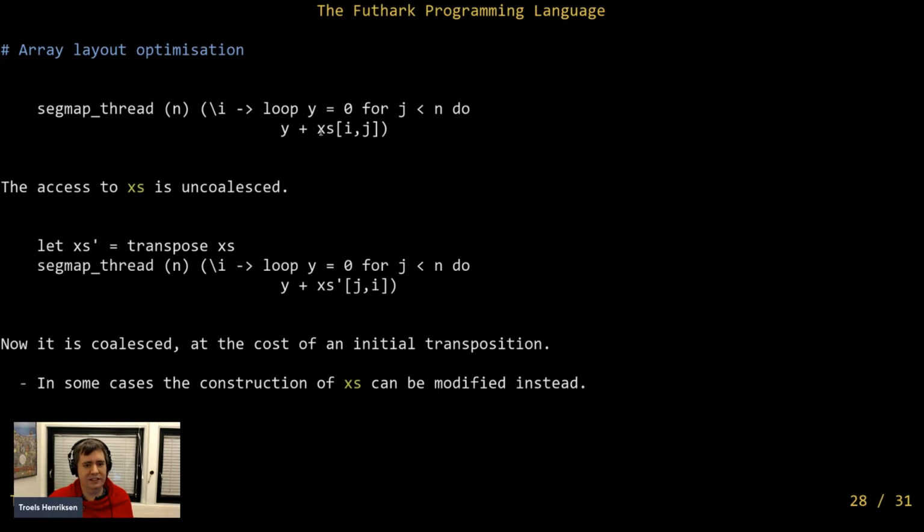This is not a super advanced analysis. If you do things like your own index arithmetic and weird calculations, then it doesn't understand what you're doing. If it doesn't understand what you're doing, then it's not going to touch it. It will assume that you know what you are doing. But for simple things where you are straightforwardly iterating entire dimensions of your multi-dimensional arrays, then it is able to understand what goes on and lay out the arrays in an optimal way, or at least in a way that is coalesced.